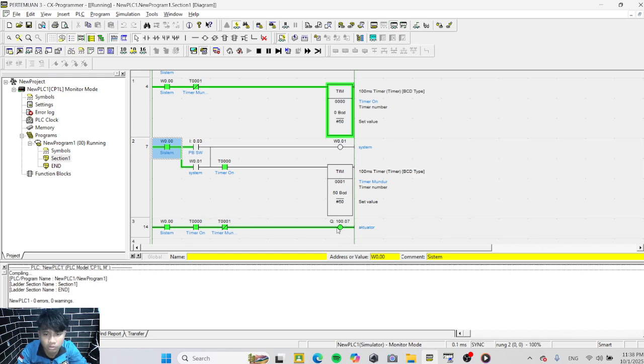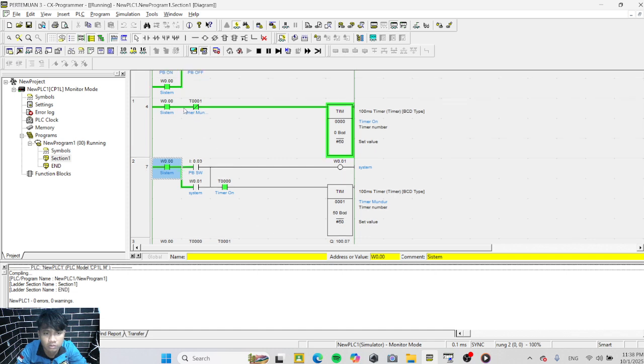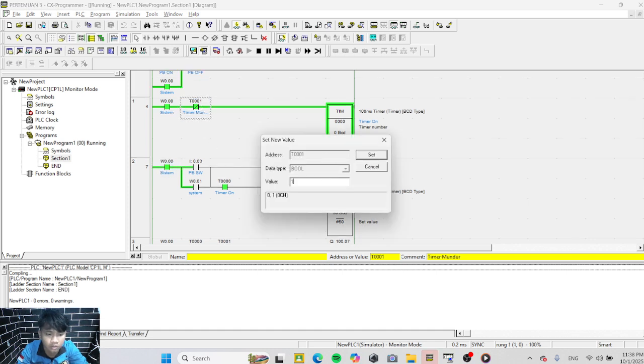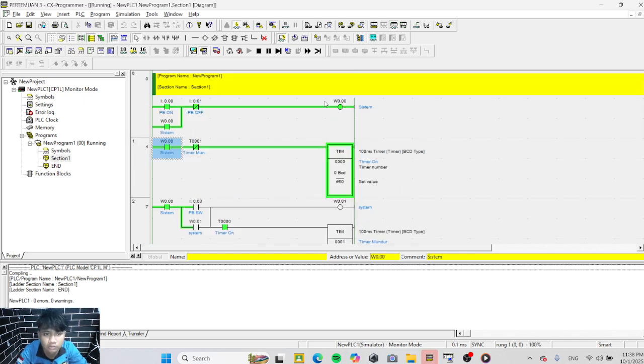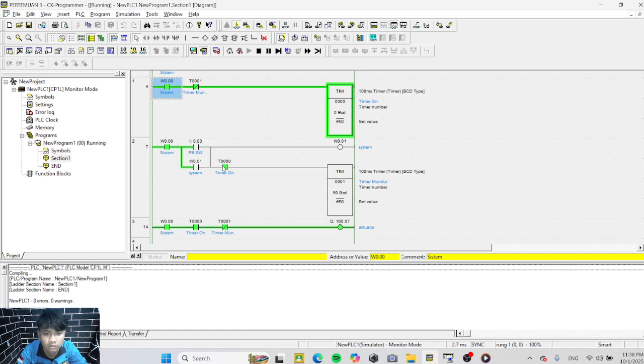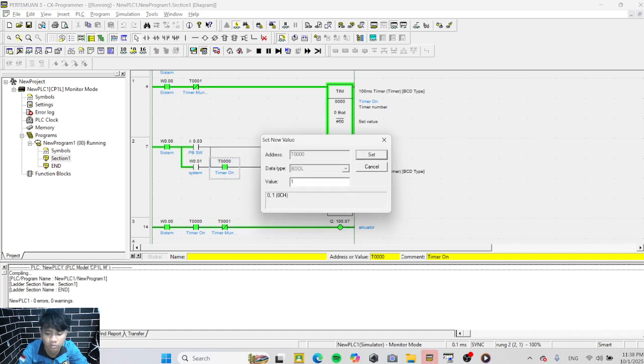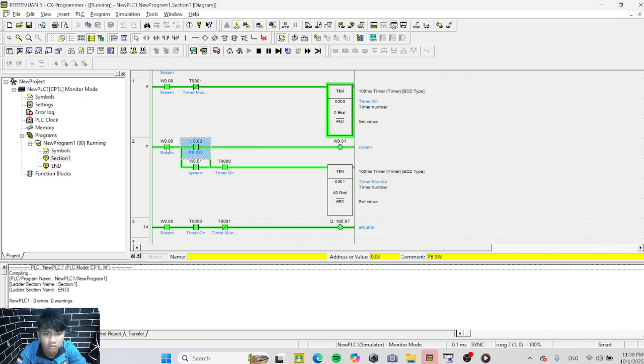Okay, in the actuator, click the PB switch on, and the system is running.